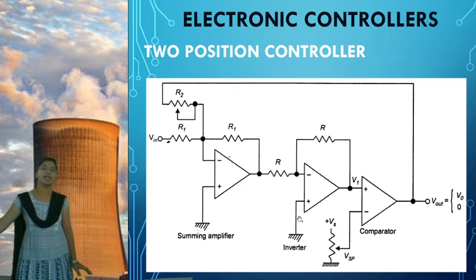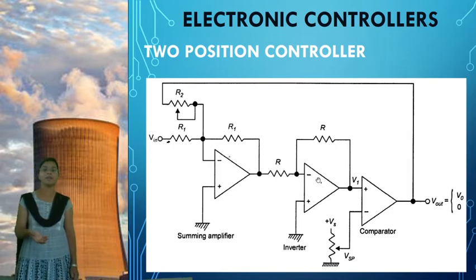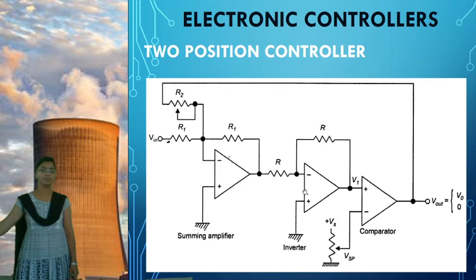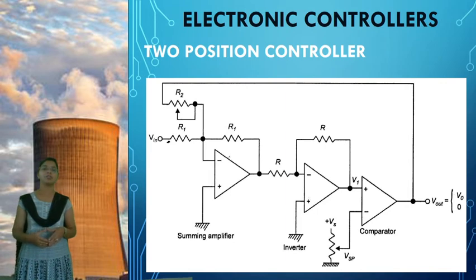So for every electronic controller, the inverter is common. Why? Because here we are using inverting amplifiers. All are generating negative voltage, right? So the negative voltage should be converted into positive. So for that, the output voltage we are going to give to the inverter part. Okay. So according to the operation performed, if a proportional operation is performed, then we are going to give it to the summing amplifier.